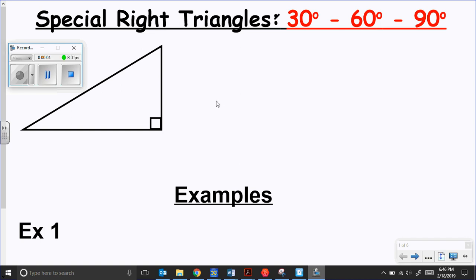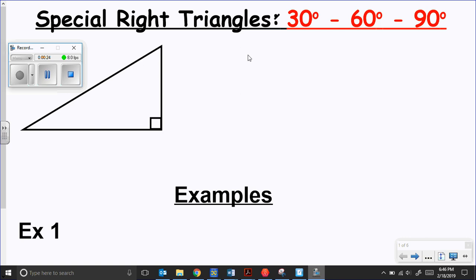All right, we're going to start taking notes on the second type of special right triangle, which is a 30, 60, 90 triangle. So you're going to go ahead and record these in your spiral notebook. Okay. So a 30, 60, 90-degree triangle means you have a 90-degree angle, you have a 60-degree angle, and you